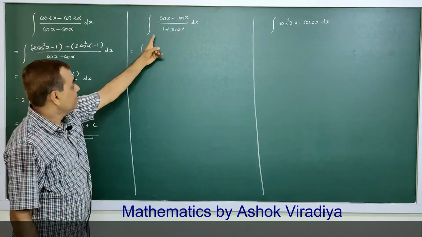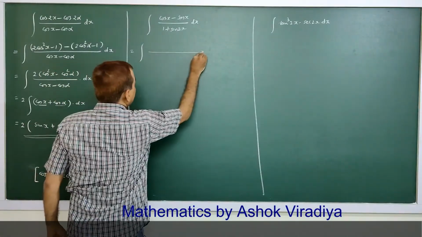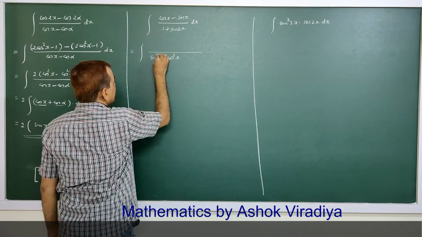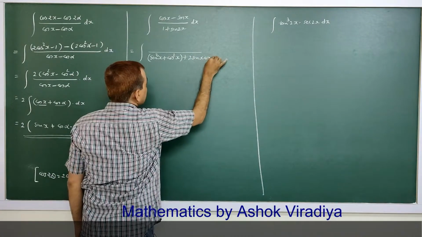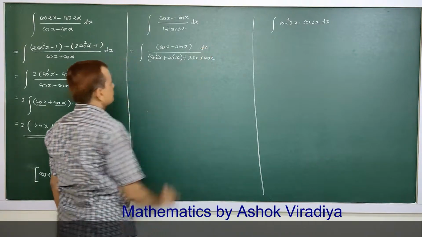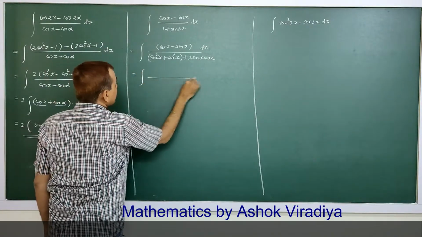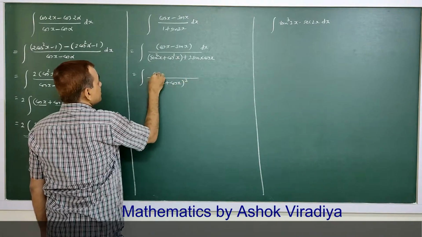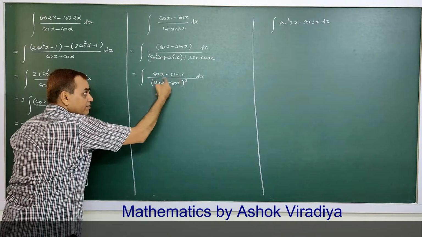This should be seen in 1 plus sin 2x. See how it is possible. In denominator, 1 I replace by sin square x plus cos square x. This is for 1. And sin 2x I am putting 2 sin x into cos x. Numerator as it is. Now this is a square plus b square plus 2ab. So denominator is a plus b whole square. This is cos x minus sin x dx. And now you can see this is made visible.